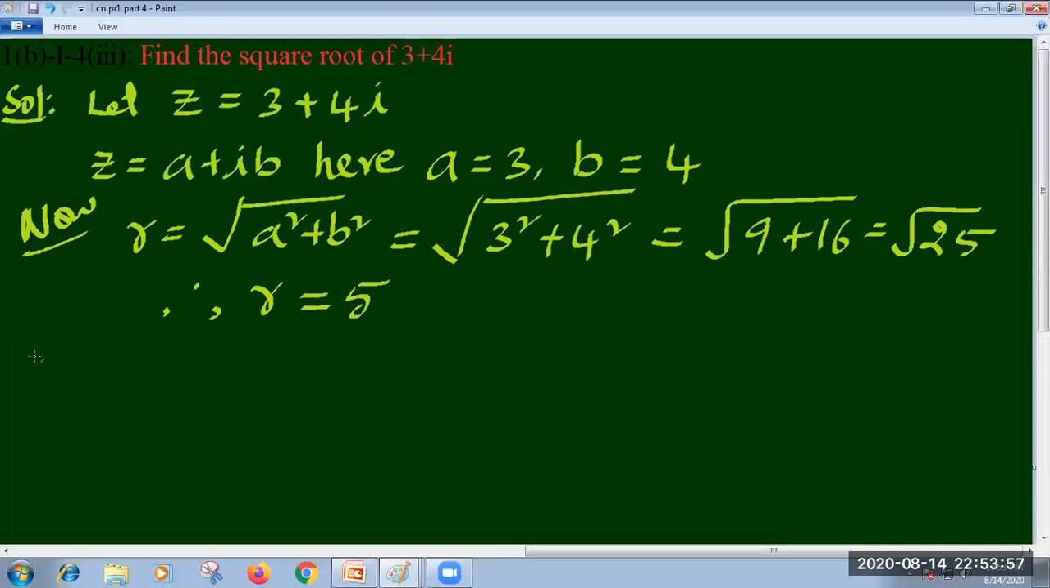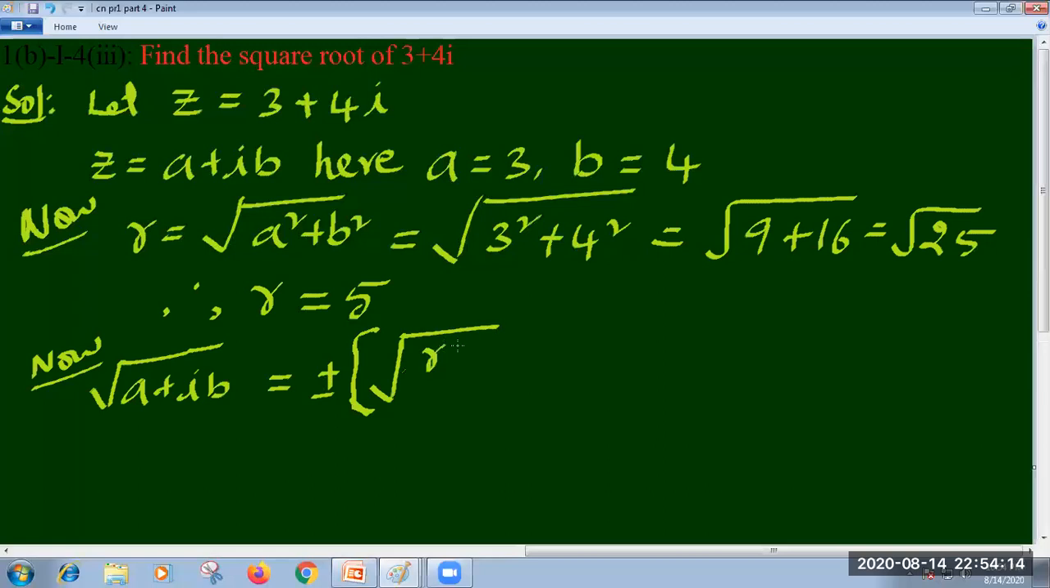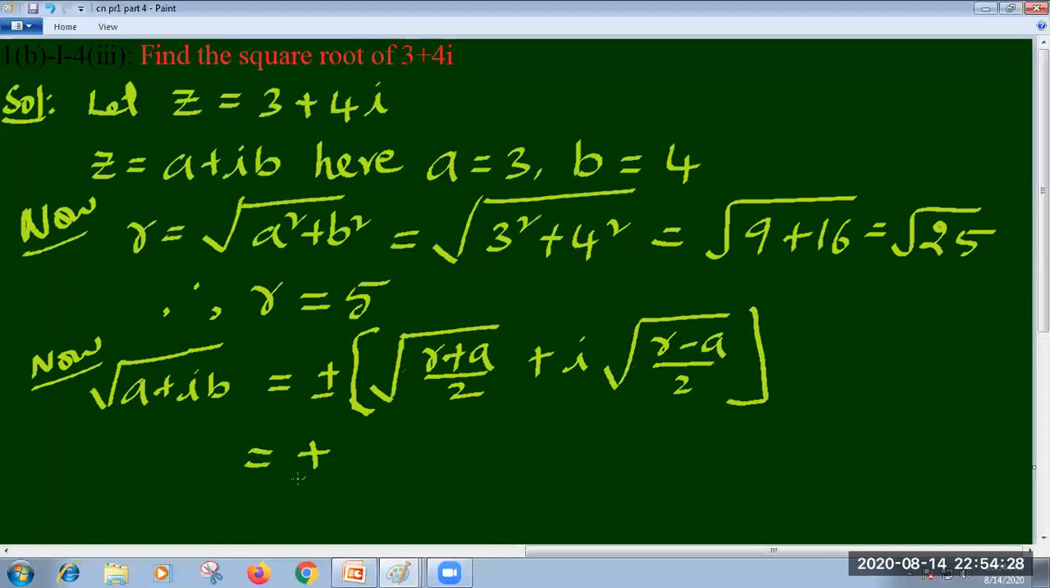Now let us write the square root formula for any complex number a plus ib. The square root is under root r plus a by 2 plus i into under root r minus a by 2. So substituting r and a values